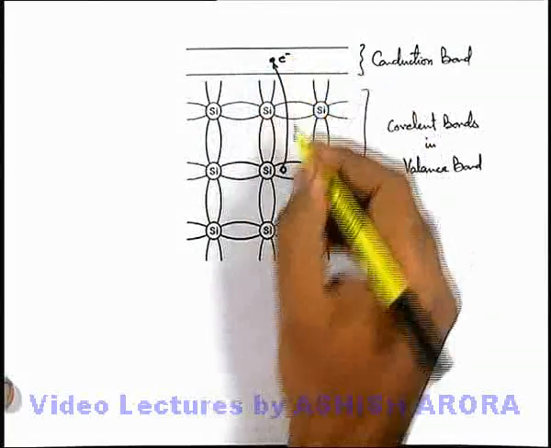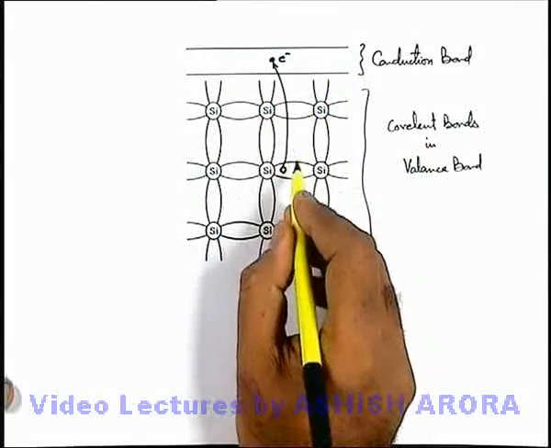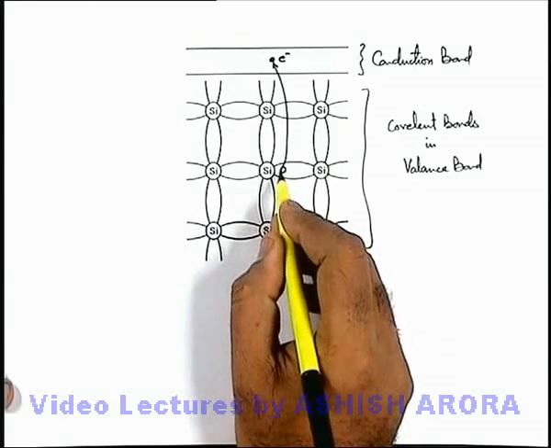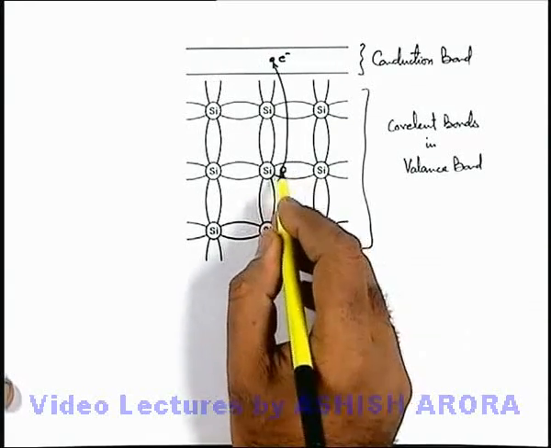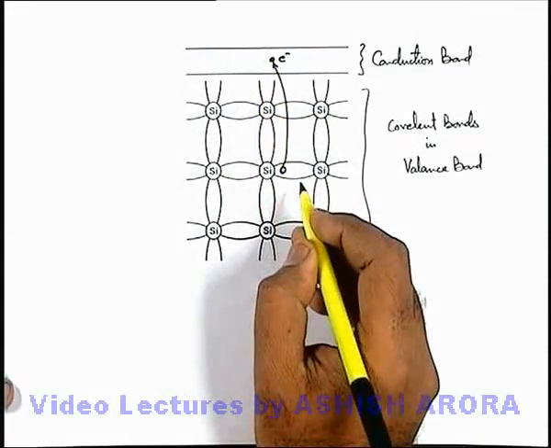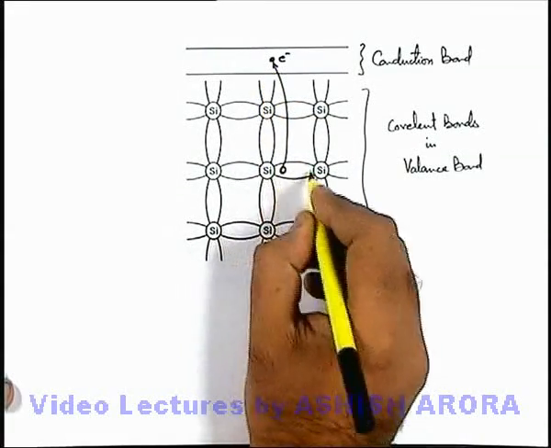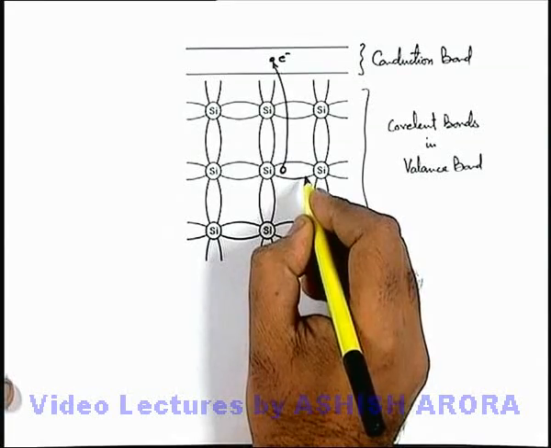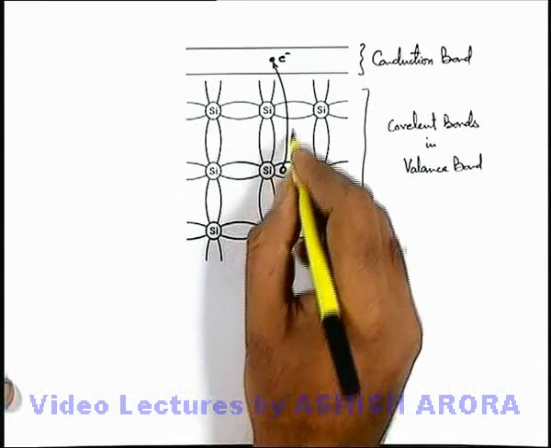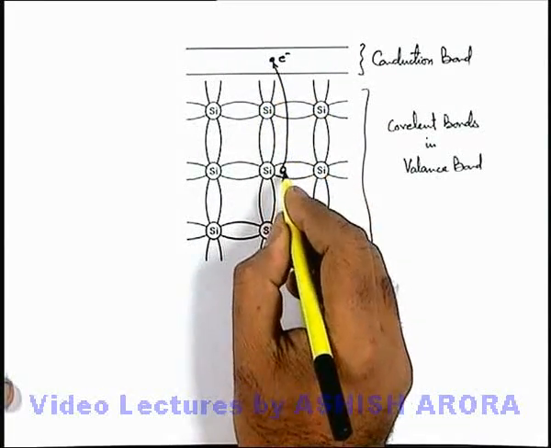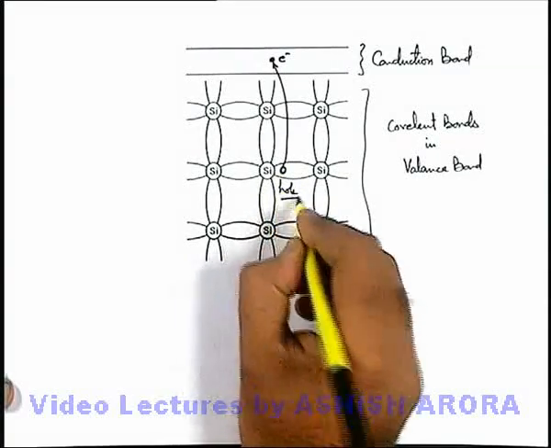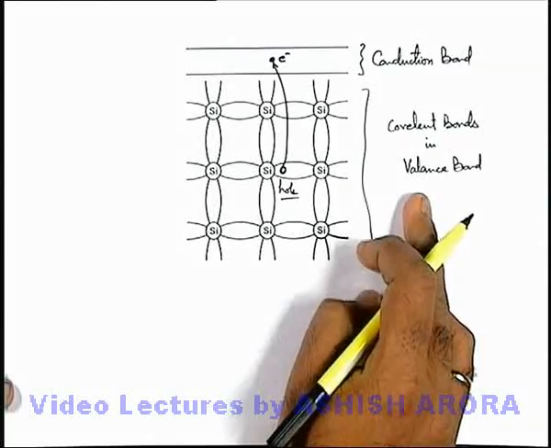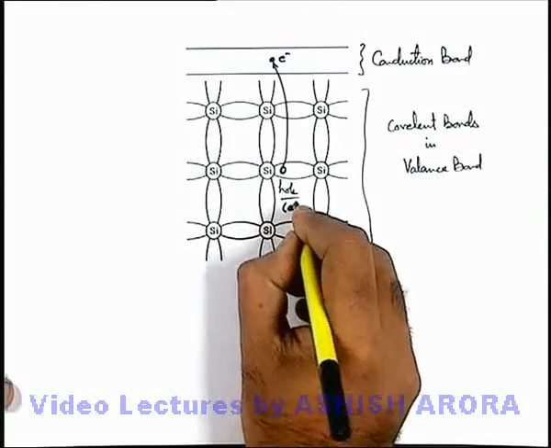The bond is broken due to the energy gained by the electron by thermal agitation. So this bond is broken and the electron is shifted to conduction band, and as the bond was electrically neutral, due to transfer of an electron a deficient place is created, which we term as a hole in valence band,